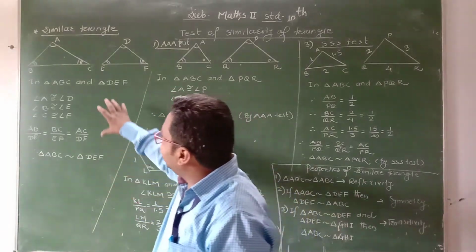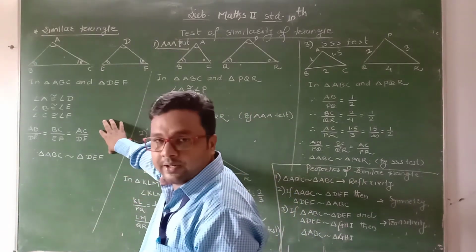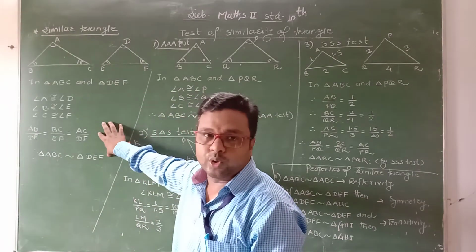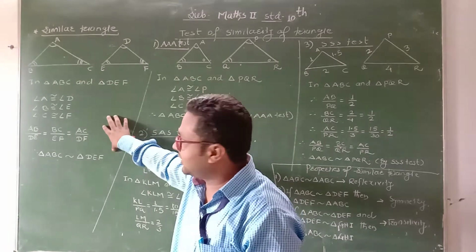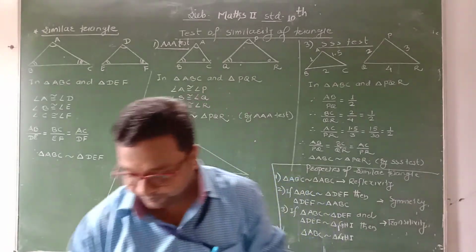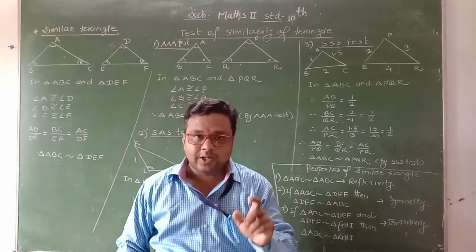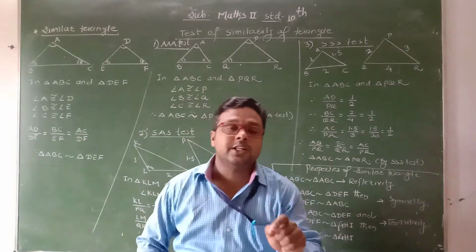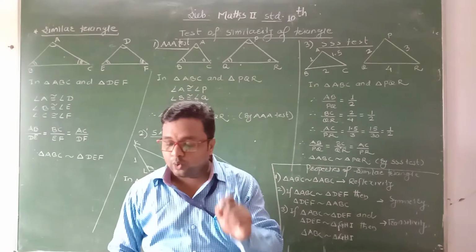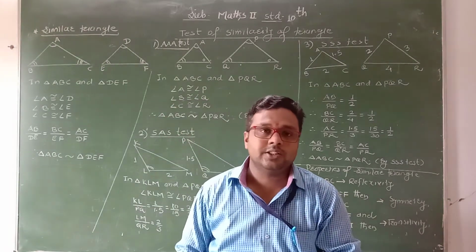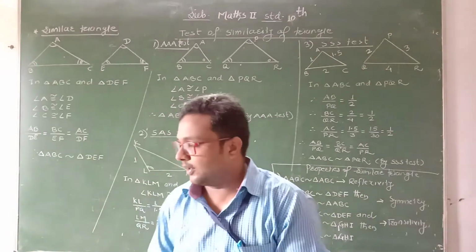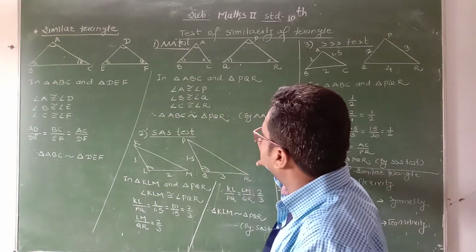Okay. Now see, three angles and three sides are given there. Three angles are congruent and three corresponding sides are in proportion. Total six conditions are given here. But to prove whether two triangles are similar or not, only three specific conditions are required, and a group of such sufficient conditions is called the test of similarity of triangles. Total three tests are given here.